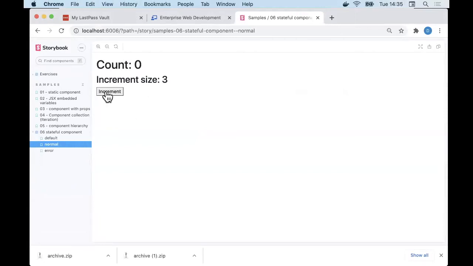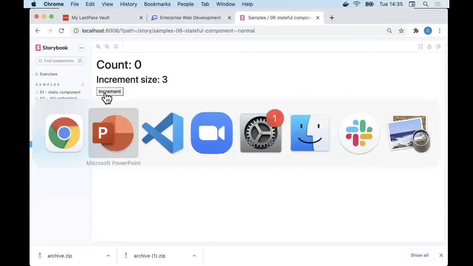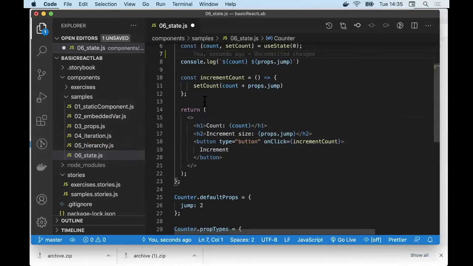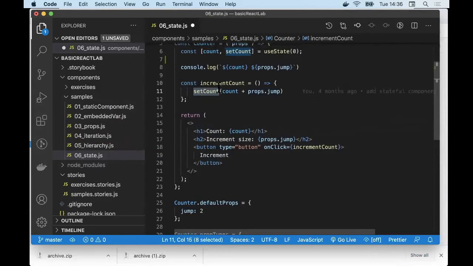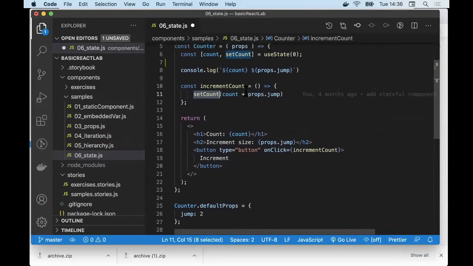When I click the button, the on-click event handler runs. The on-click event handler is this little function here. And lo and behold, it calls the mutator or setter function for changing our state variable. And I'm just simply taking the current value of count. I'm adding props.jump because jump is passed into my component, as I said in the specification. Just adding those two together, and that becomes a new value for my state variable. Now,